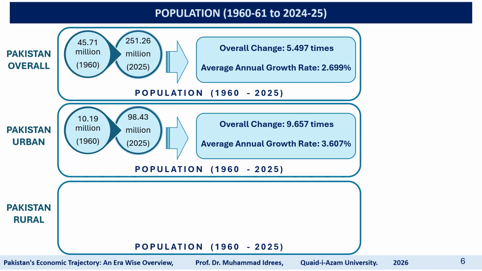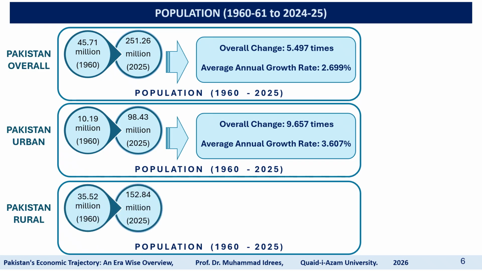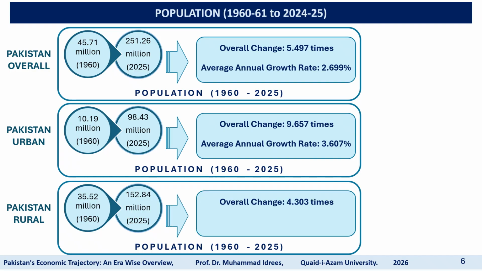3.07%. The situation is exactly opposite in the case of rural areas, where in 1960 the population was 35.52 million. It increased to 150.84 million in 2025, indicating that during this period from 1960 to 2025, the overall change is 4.3 times, making an average annual growth rate of 2.3%. Now, these are very interesting figures, and these figures are explaining the phenomenon of urbanization in